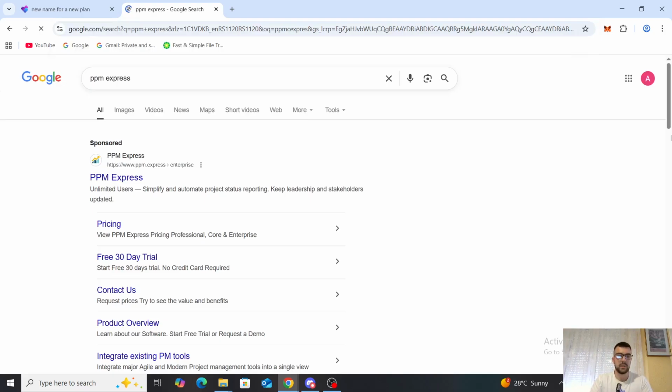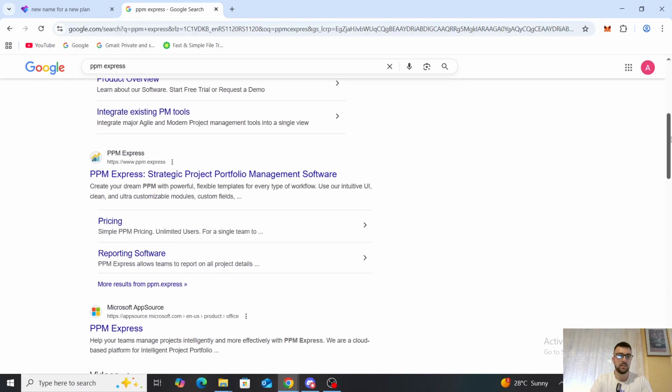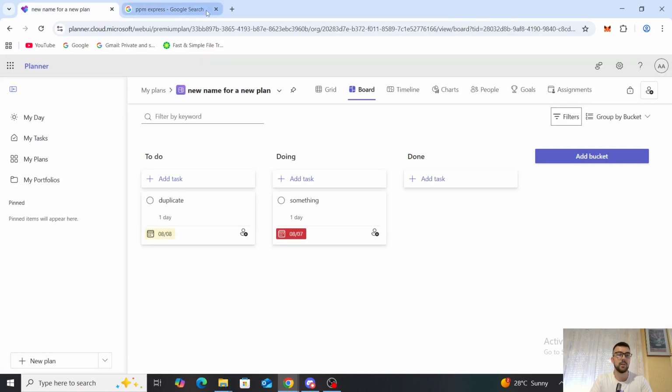So PPM Express, you can use a strategic project portfolio management software. So you can use it through here. You can even see here Microsoft App Source, PPM Express. Maybe the best way to connect it is through here. It says help your teams manage projects intelligently and more effectively with that. So from there, you can integrate it into your Microsoft Planner and you can get a better Gantt chart look